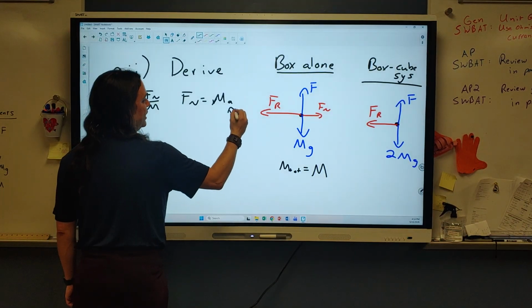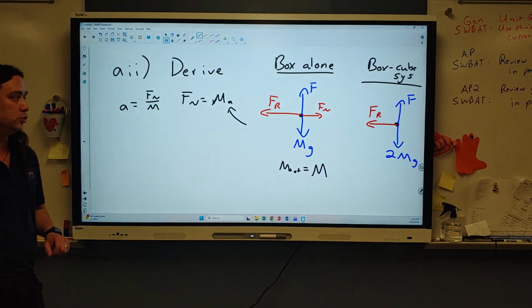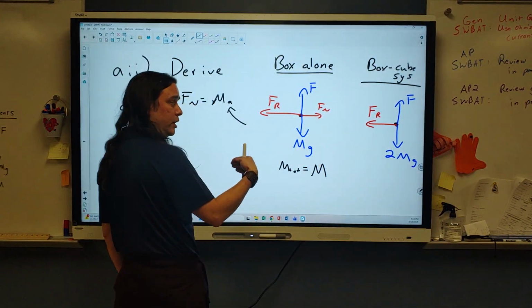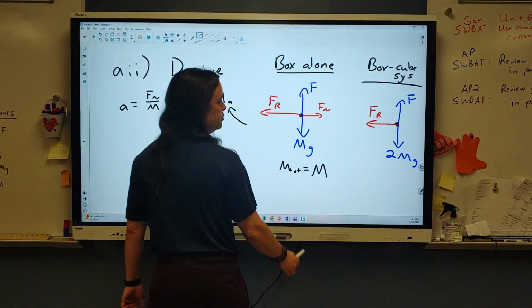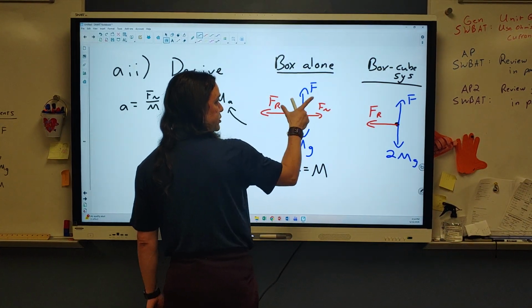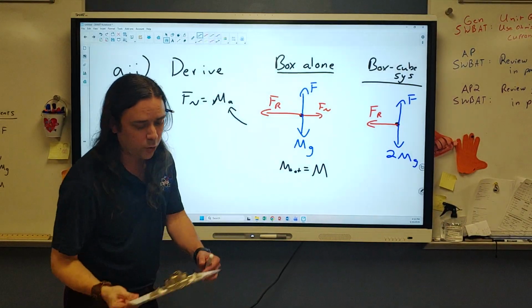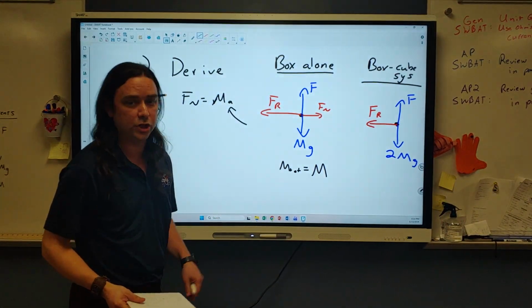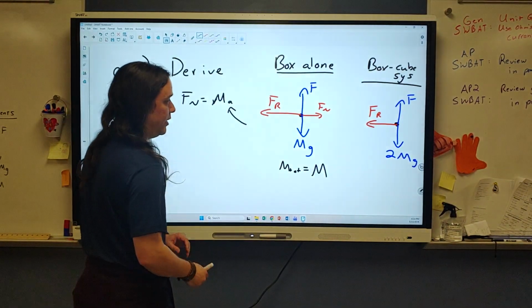So if I can find my acceleration, I can put it back in here and get an easy approach to my equation for the normal force. That being said, if you're just looking at regular problem solving approach, maybe you wouldn't want to use the box cube system because it does not have the normal force as part of your setup. You can do the box alone, but it does require a bit more complex analysis, partly because it has additional parts of it. I would recommend working with the box cube system,